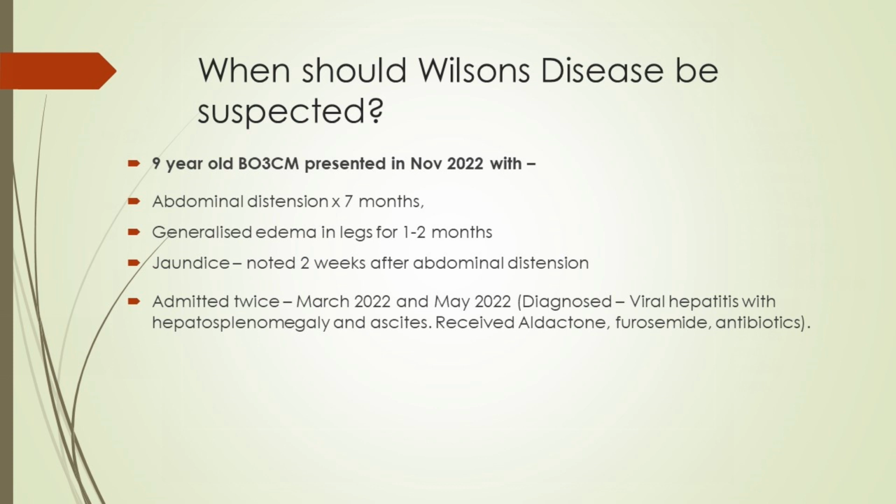He came 3 months back, abdominal distension for 7 months. And so he had ascites for 7 months. He started getting edema in the legs for 2 months. And jaundice was just noticed 2 weeks ago. So remember, even though there is liver cell failure that has taken place, the jaundice has not come up so fast. Jaundice takes a long time to come up. So he was admitted outside March and May, diagnosed as viral hepatitis, treated with all the